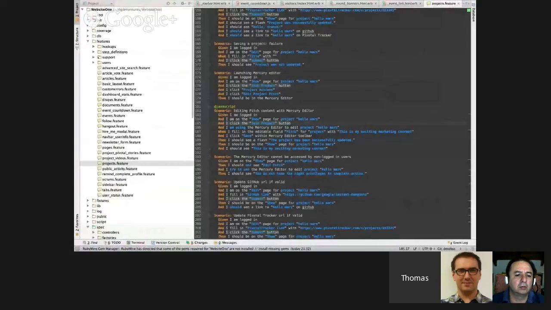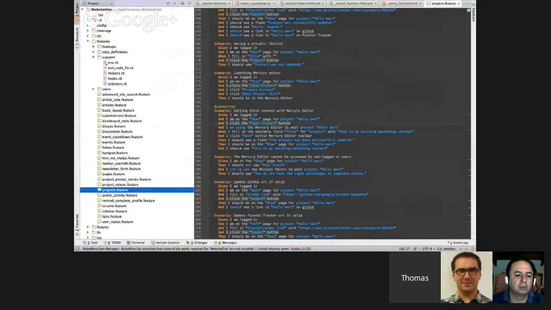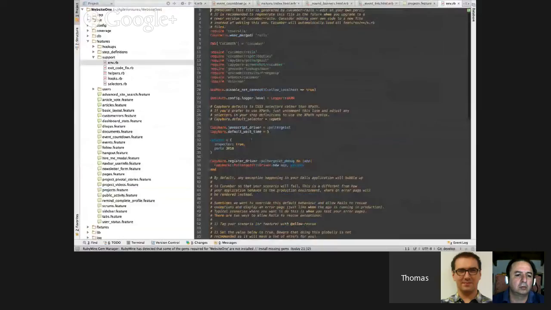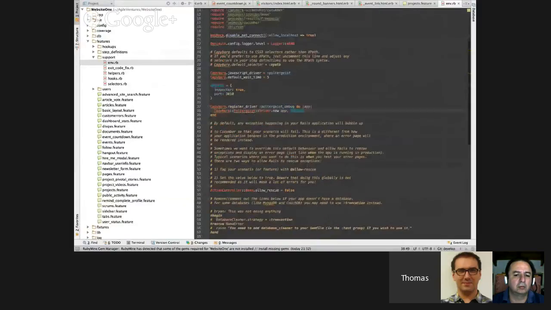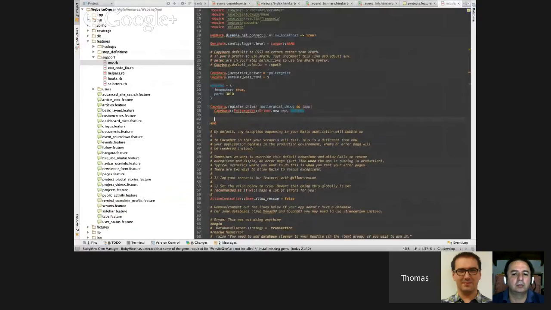Features support and poltergeist driver new options. Options. How do I set options to that? Could I do a block here or something?